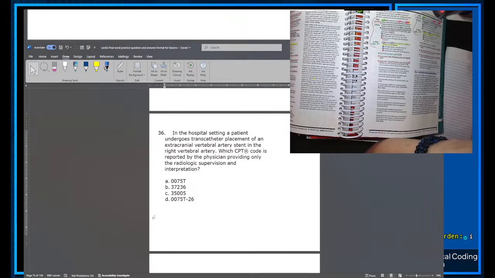So this question says that we're in a hospital setting. That's your first clue. And that the physician is only providing supervision and interpretation. This code for this procedure,